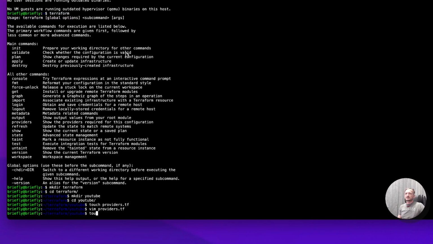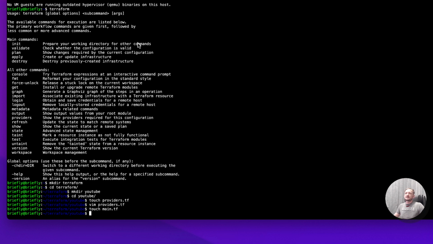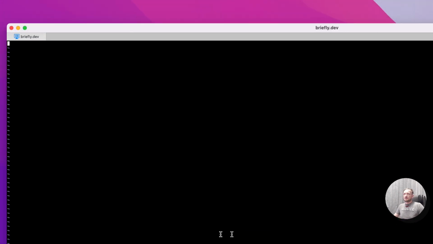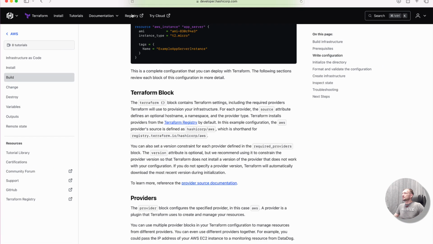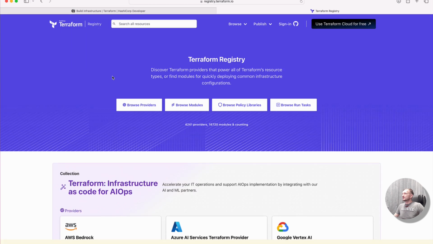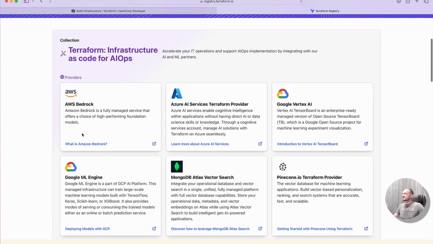Here we can end this particular file, and we will create a file called main.tf. Usually it's called the main file, and here we will create our first resource. So let's go to the registry page. We can find many different providers and their modules, so-called. So let's go to a provider,